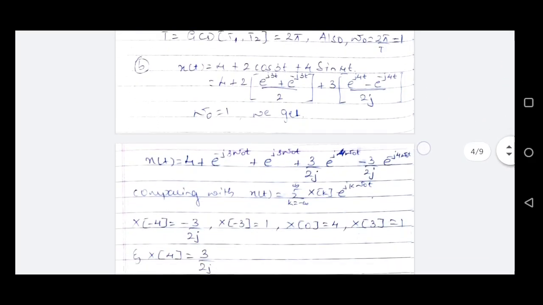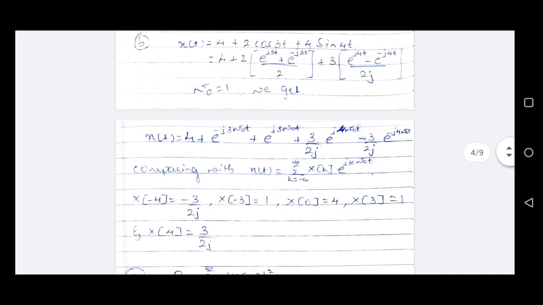And now to find the Fourier series coefficients, again the given composite signal is simple, addition of sine and cosine. So we can express them in terms of complex exponential terms. So rewriting sine and cosine in terms of complex exponential terms, composite signal x of t can be rewritten as 4 plus 2 times cos of 3t will be written as e to the power j 3t plus e to the power minus j 3t divided by 2 plus